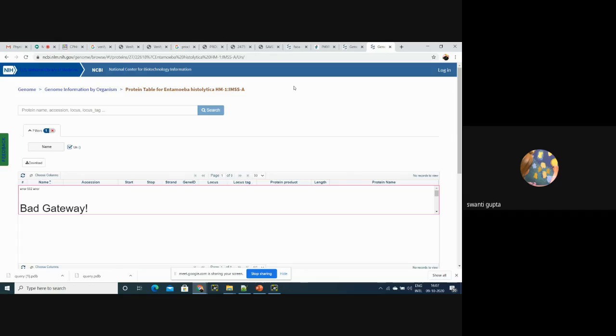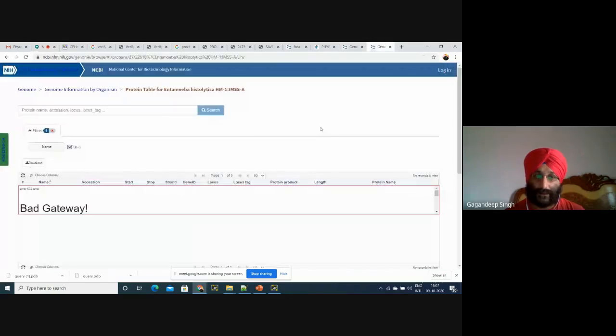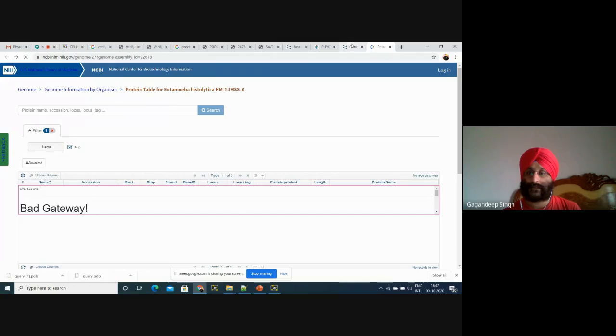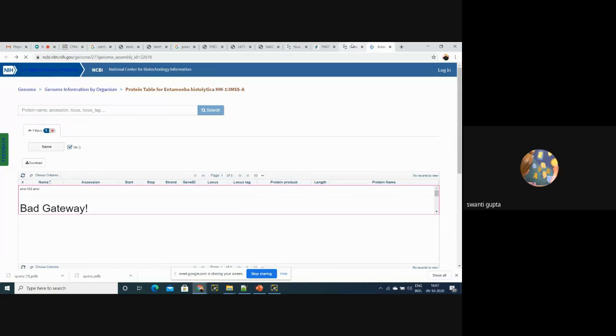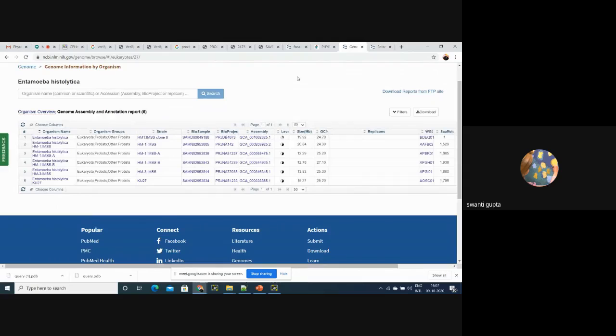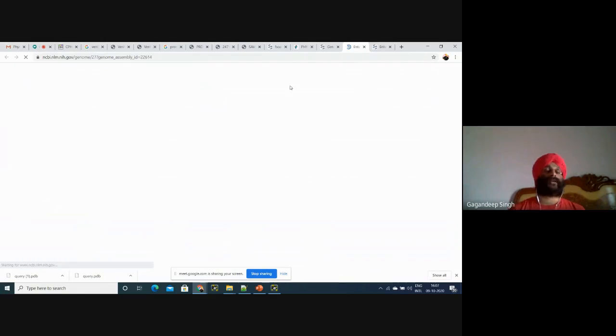Sir, can we do the same thing for a disease? For a disease means, like drug targeting, what we are doing by PyMOL? Yeah, you can do it, why not? But then they will not be hypothetical proteins. But for a disease, for example, give me an example of some disease. Like Alzheimer's disease. Does Alzheimer's have some particular pathogen?